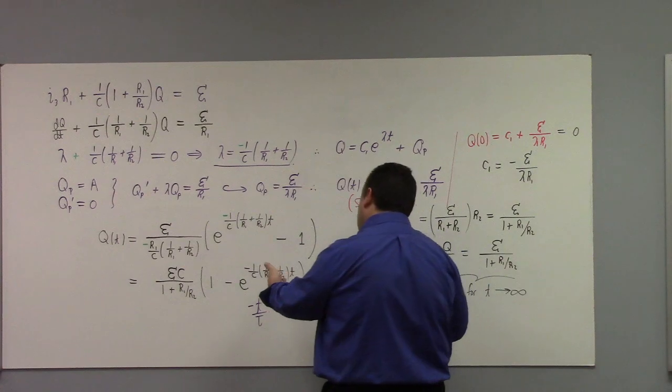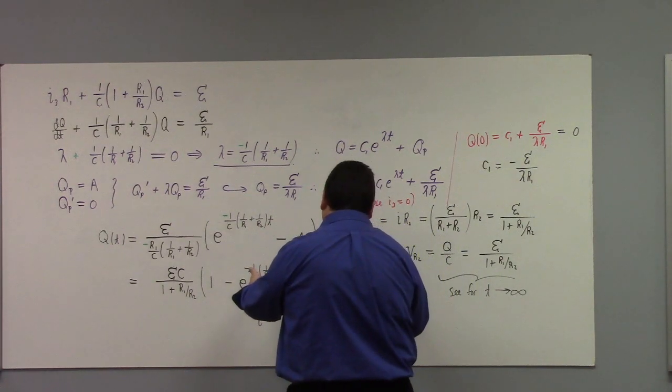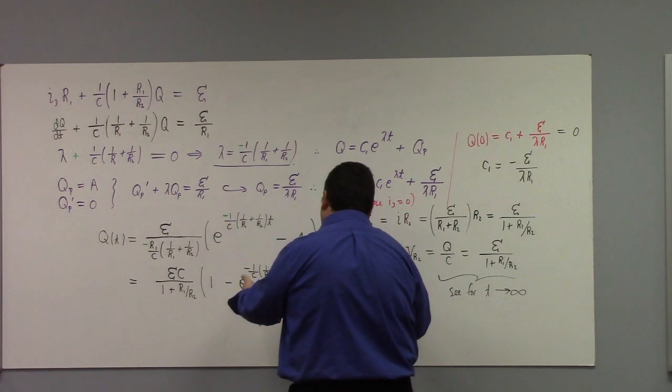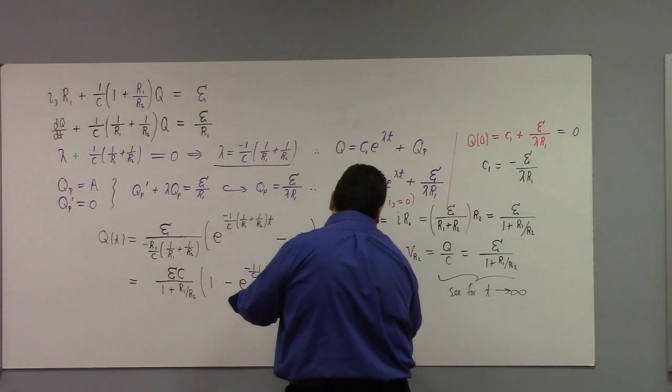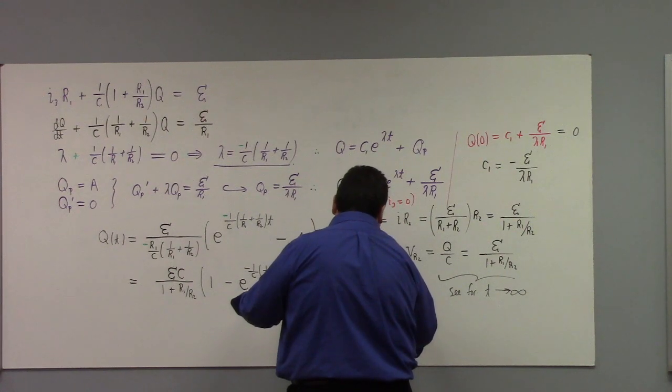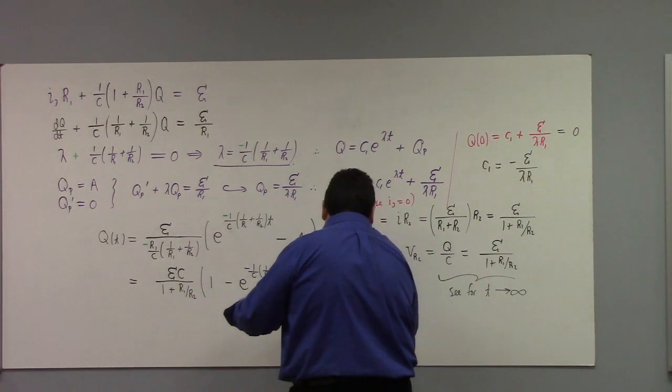And so if you look at it, it's got to be, I think it's like, oh man, I can't do math today. I'll be very, very lazy. It's 1 over, good grief. 1 over C times 1 over R1 plus 1 over R2. That's the time constant here, I think, which of course you could write as,